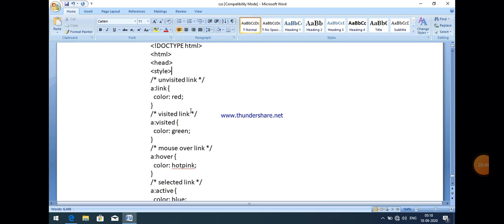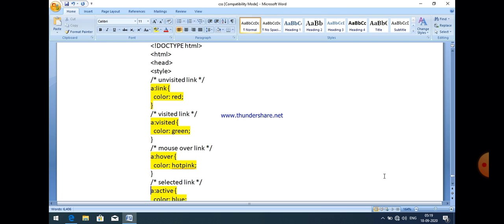You can see the next portion here. First of all, see the main part of this program. The a:link color is declared as red, meaning an unvisited link, and then for a visited link we set the color green here. For hover we give the color hot pink, and for active we give the color blue.